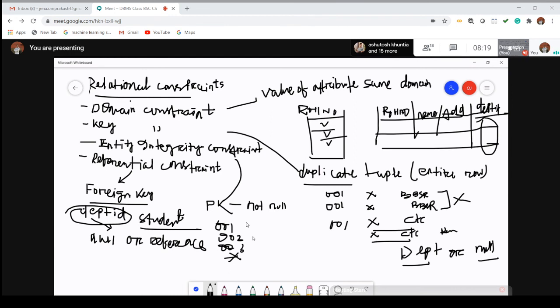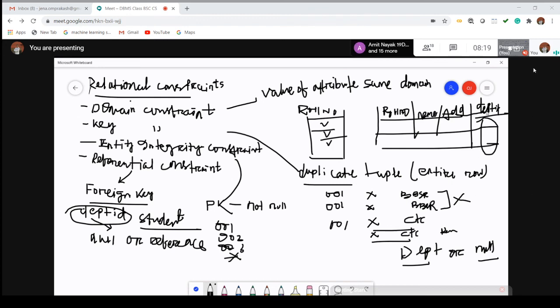Next, the referential constraint is associated with the foreign key. What exactly does it indicate? The value of an attribute in the referencing attribute is either null or from the referenced attribute. Which one is the referencing attribute?